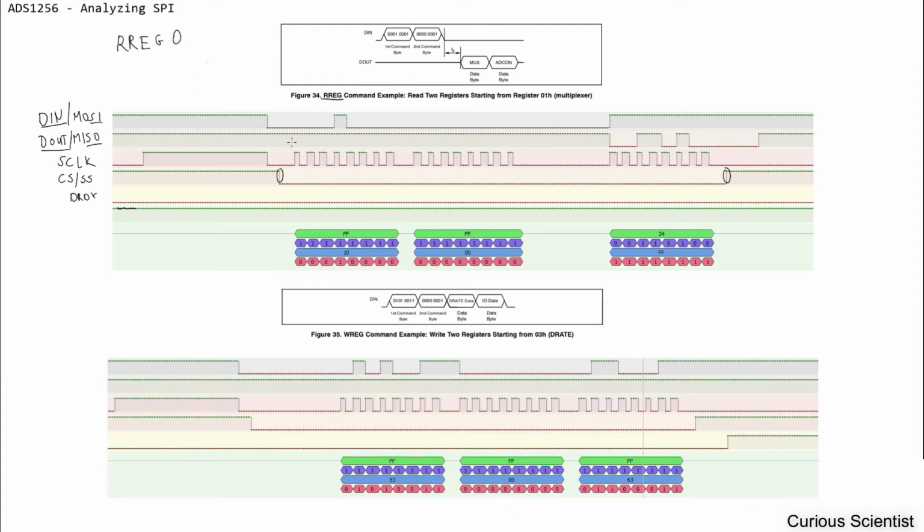What happens here? First of all, we have to know how to read the data from here. We want to see either the data in or data out, and also the clock. Whenever there is a clock sequence here, this is one clock sequence, we have to see what is the value of these